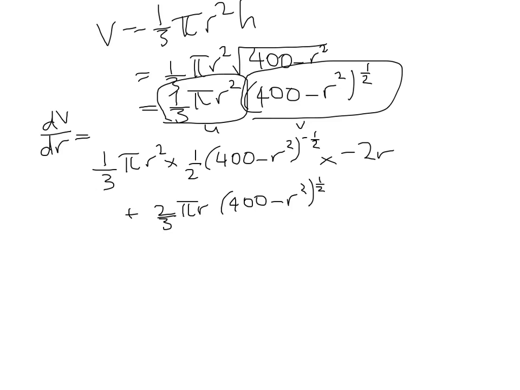Right, now we need to do a little bit of simplifying here. I'm going to get a common denominator going. It's going to be 400 minus r squared, the common factor of 3. So this first term here will leave me with,